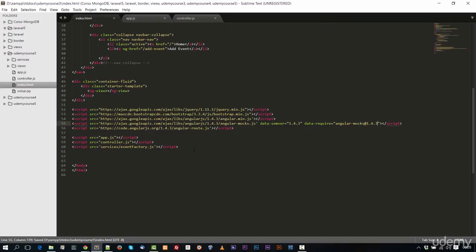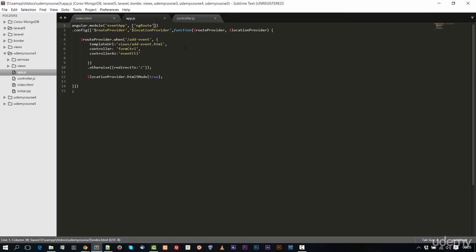Let's save the file. I think we need another file where we will put our source code, and let's start to include it, but I haven't done it already. So let's call it mock.js. Okay, let's save it. Next step is to include it in our app.js. It's very easy. We just need to include the NgMock